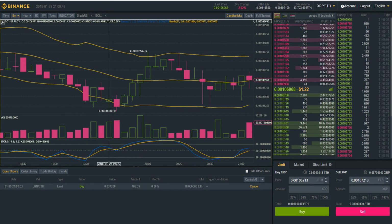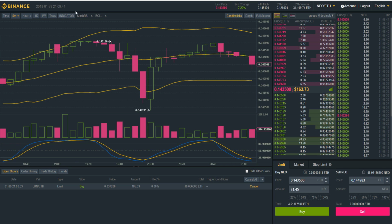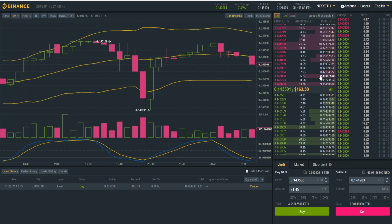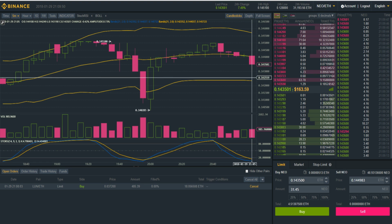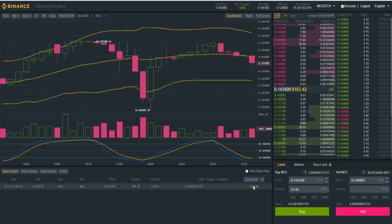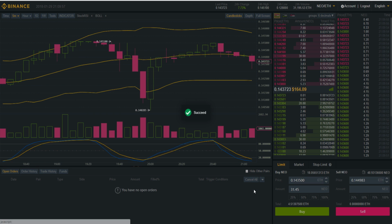Ripple's climbing up a little bit. It's at 122. Ripple's not having good enough action. I'm going to exit off that. This is Neo 163. Ooh, we almost would have got our purchase order in. This might actually be a purchase order opportunity. Obviously, we're not going to make serious bank, but